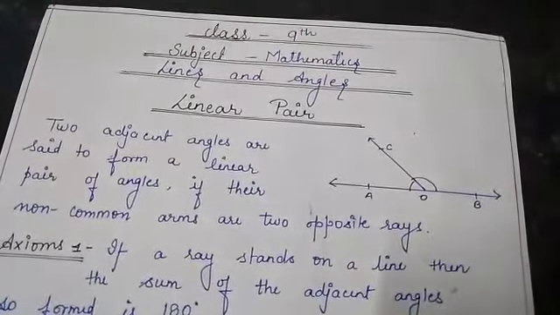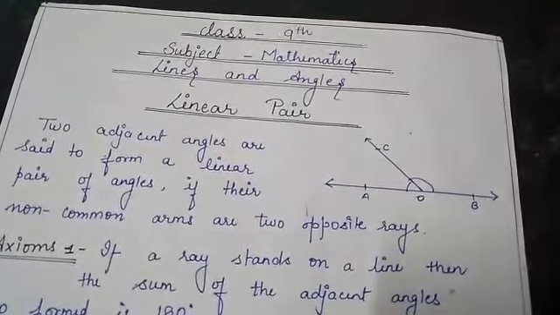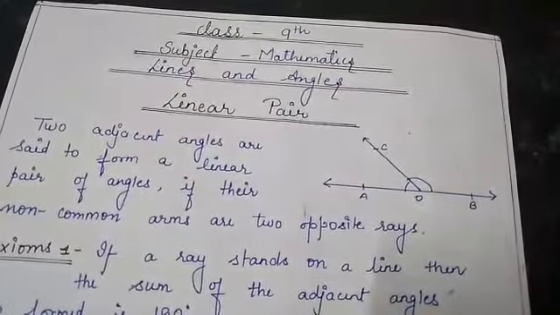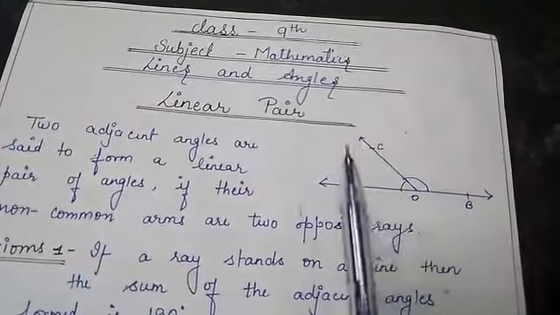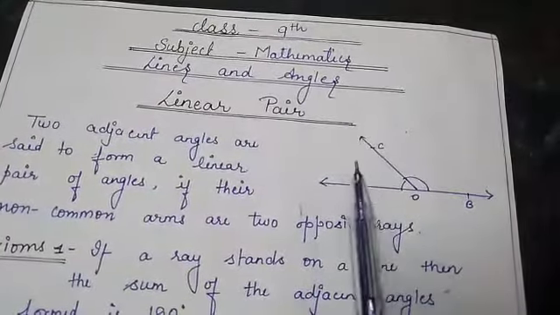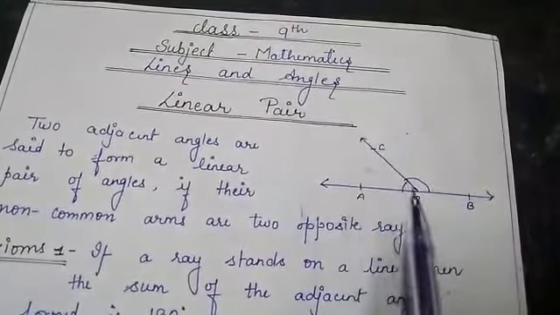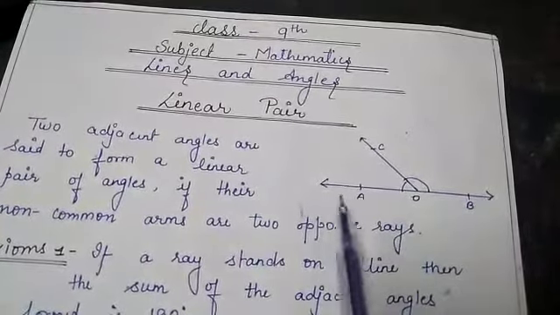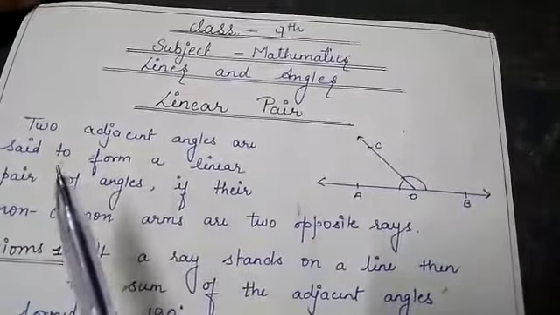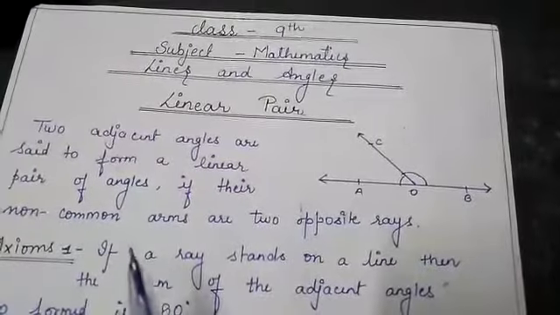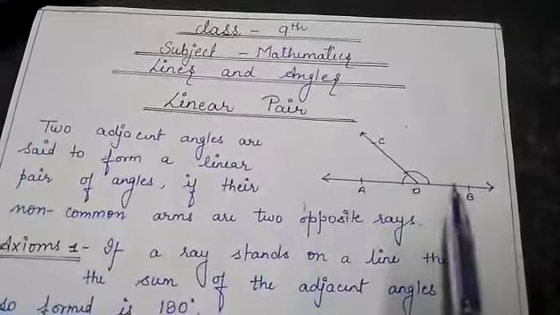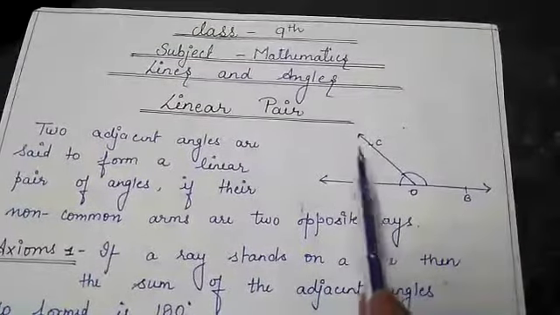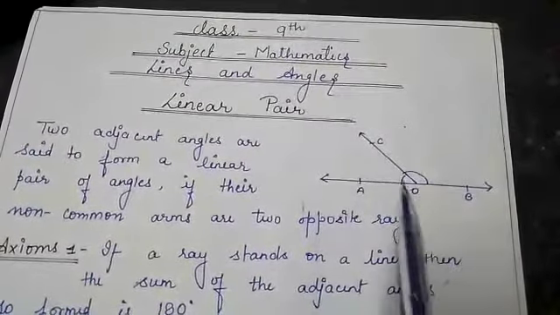So students, in this video I am going to explain what a linear pair of angles is. See here, AOB is a straight line and this is a ray which intersects on the straight line. Two adjacent angles are said to form a linear pair of angles if their non-common arms are two opposite rays. See here, this is a straight line and this is the non-common arm which can intersect